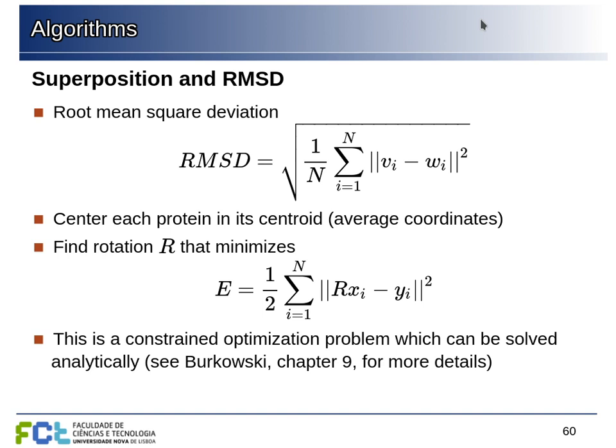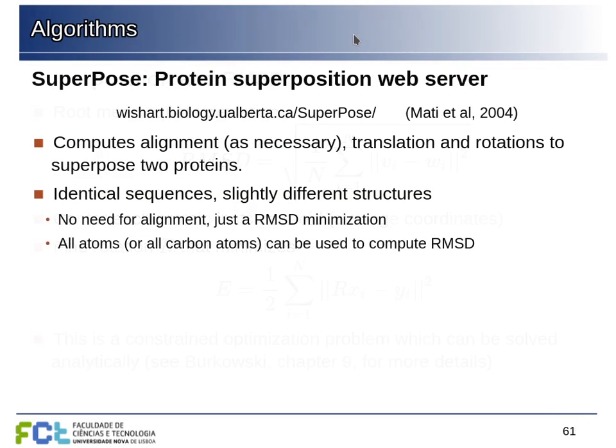So this part is easy to solve if we can make these pairs of corresponding atoms between one protein and the other. If you want to use this on a web server online, you have the Superpose server